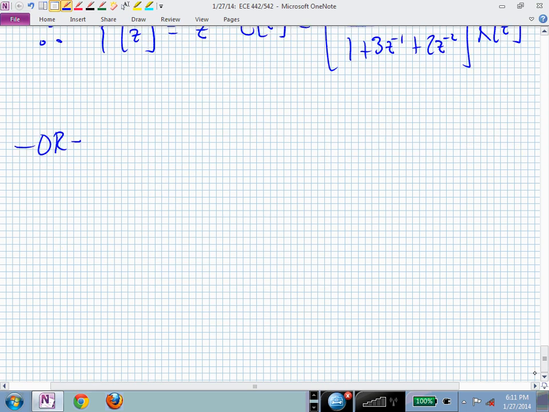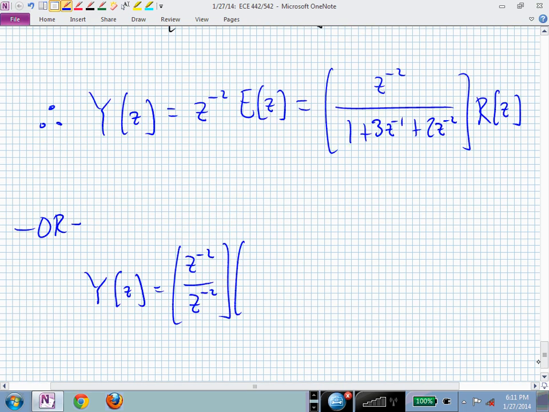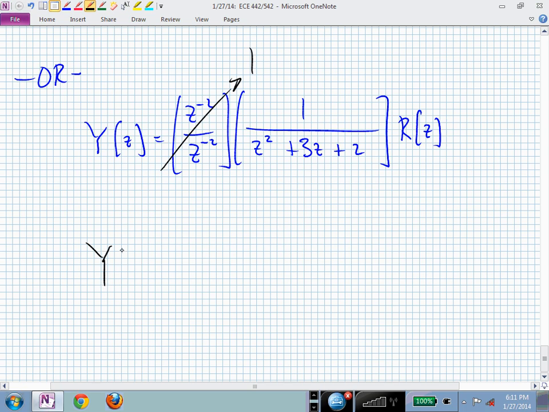just with some algebra. We could say, what if I factor out a z to the minus 2 from both the numerator and the denominator? Then I have a 1, and downstairs I have a z squared. Z to the minus 2 times z squared will give me 1. That's the first term, plus 3z plus 2. And what's this? That's just 1, isn't it? So that goes away, and now we have a transfer function